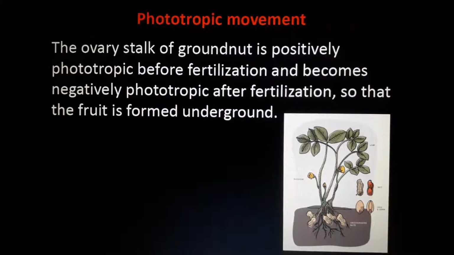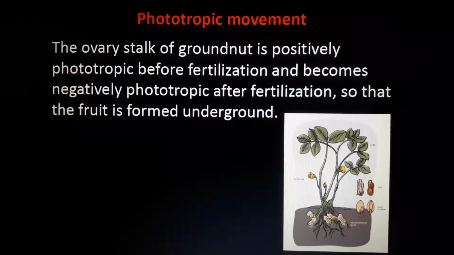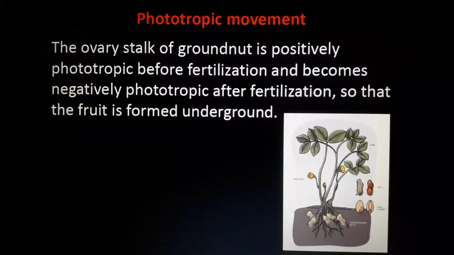This is the same reason in onion, potato, and all the things which grow under the soil. All these things are because of this property. Understand? After germination, it becomes negatively phototropic. So what is happening? The groundnut or the potato are all growing under the ground. Just ask the groundnut farmers. They will explain it. Anyway, every year they are seeing it directly.